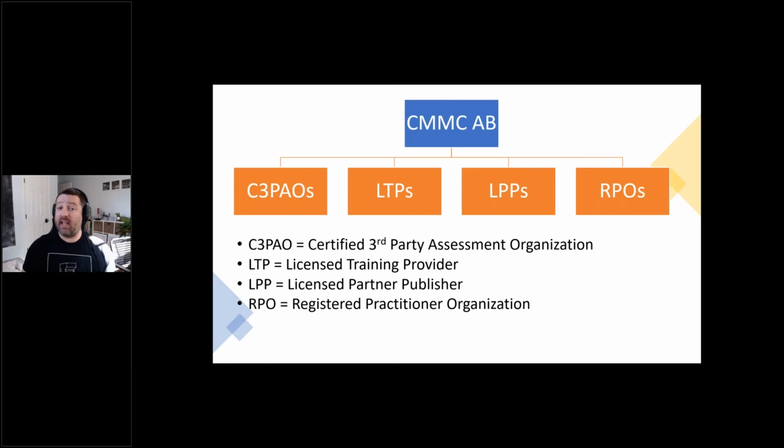The first thing, and the most important thing likely, is the C3PAOs. Now, as a Jedi myself and a big Star Wars fan, of course, the first thing I thought was C3PO, but it is not. It is C3PAO, and that is certified third-party assessment organizations. These are businesses who likely have assessment experience or gap analysis for IT experience and will be assessing any number of the 350,000 members of the defense industrial base plus subcontractors.